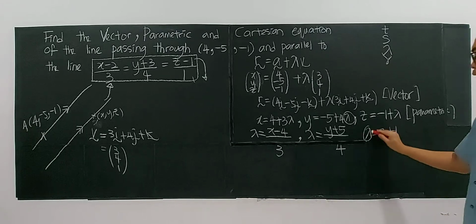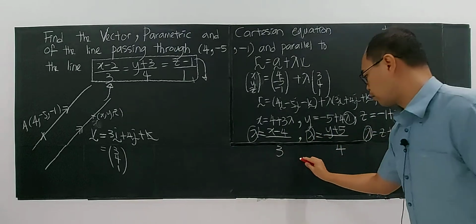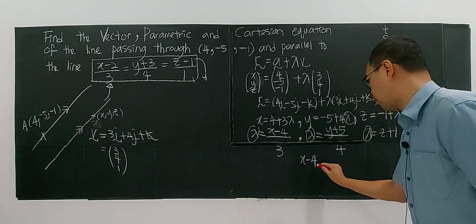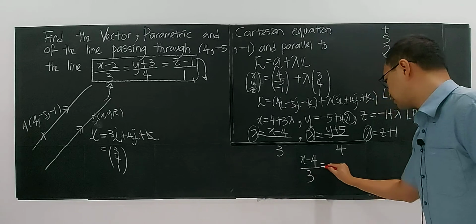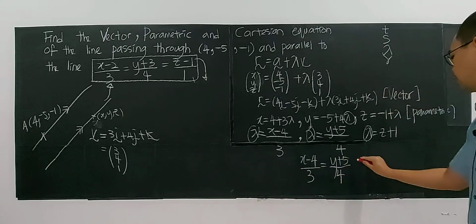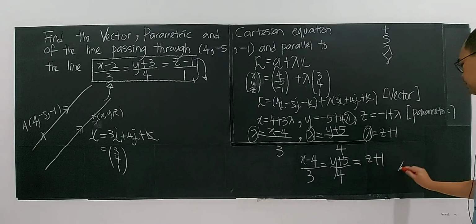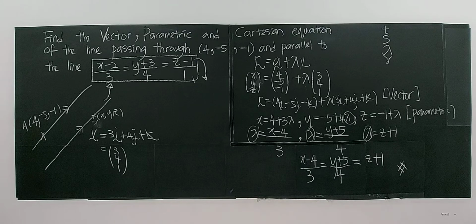Since all of these are lambda and I want to eliminate lambda, I just compare these three and conclude that (x minus 4) over 3 is the same as (y plus 5) over 4, which equals z plus 1. So this is the Cartesian equation